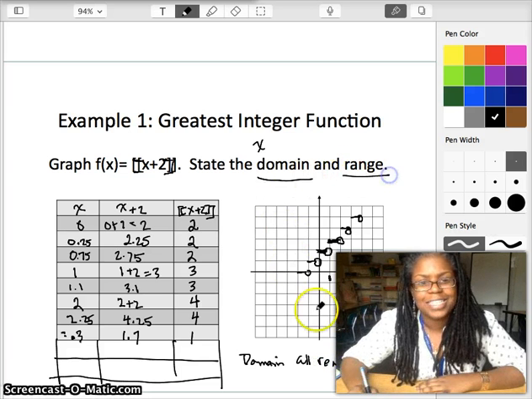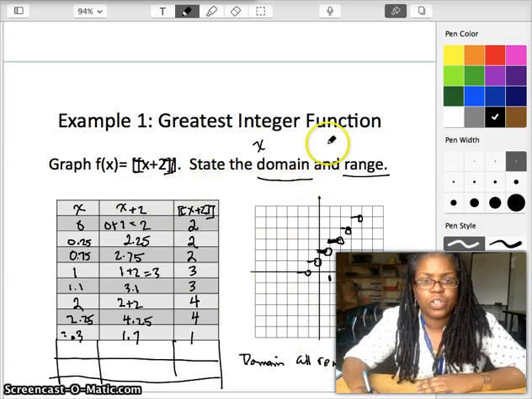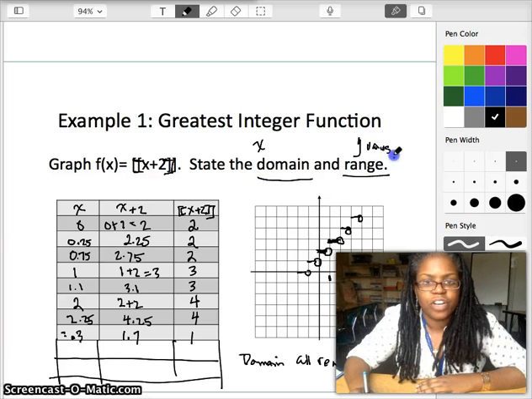Now my range is a little different. Think about the range. Remember, range refers to my y values, or the values of the function, the values of f of x. Remember, y and f of x